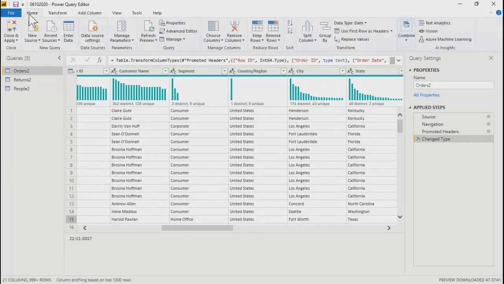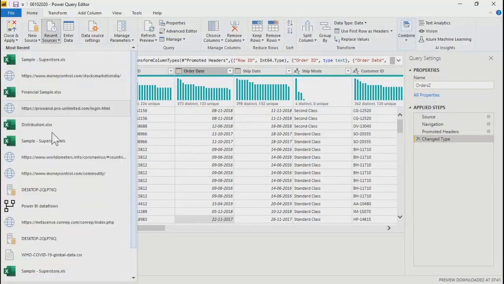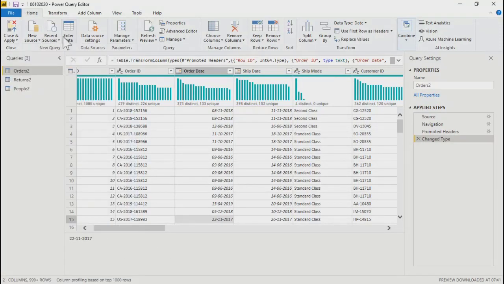Over here, if you start going through the options one by one within this data tab, first of all there is new sources, where you can get your data from different sources. That's what we discussed earlier also. Then recent data sources, what you have connected recently. Then enter data is a kind of feature which is not there in Tableau itself. There are other tools like Alteryx, which are ETL tools, but this option is there. This enter data allows you to create your data right here.